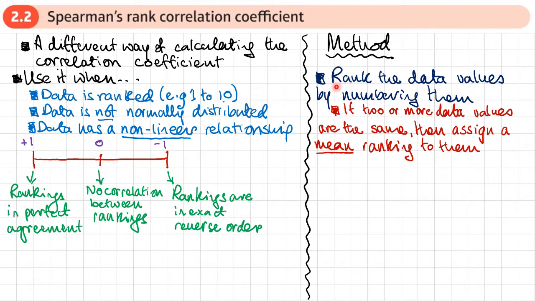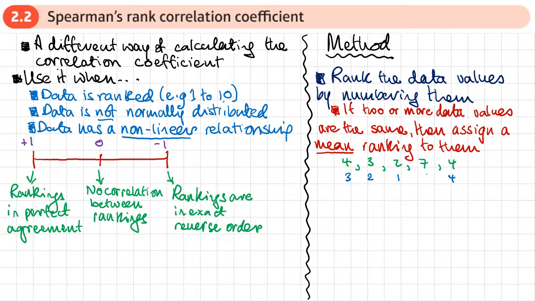Okay, so the first thing we're going to do is to rank the data values by numbering them. Now, if we find that we've got 2 or more data values that are the same, then we assign a mean ranking to them. So here's an example. Let's say I've got these 4 values and I want to rank them from the smallest to the largest. So this would be rank number 1 because it's the smallest, rank number 2. Now I've got 2 4s, so I'd probably do this, rank number 3, rank number 4,